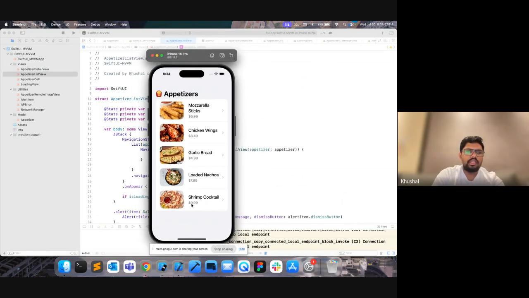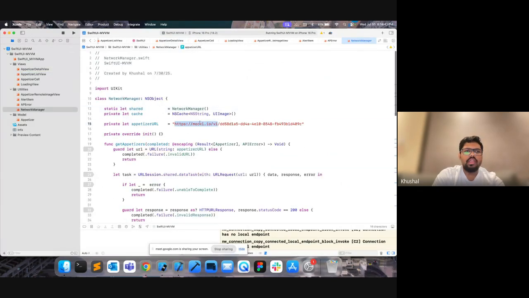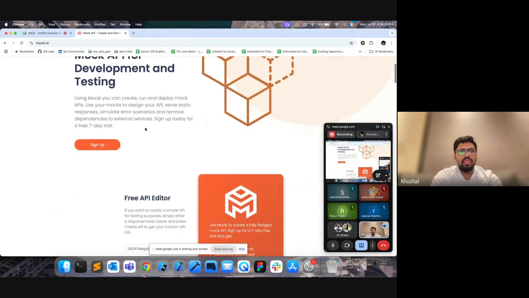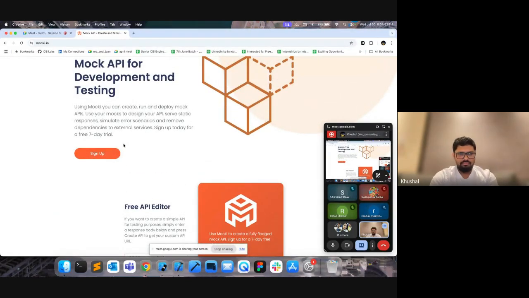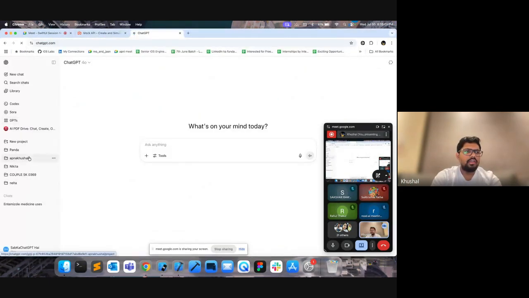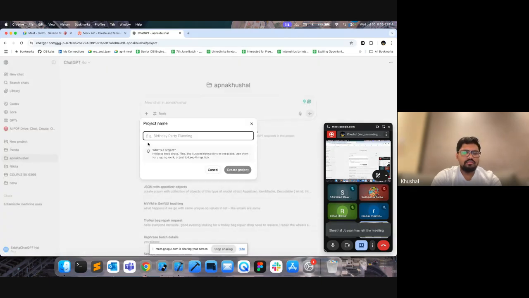Okay, again, I will recommend one thing. Here I'm using this particular mocky.io. This is a good site if you want to play with mock APIs. So let me quickly show you this website I'm saying. Either you can sign up, but even without sign up, you can simply put your JSON here and it will create an API. So let me give you, for creating JSON, you don't need to write it manually. Go to ChatGPT directly and you can say directly that anything like